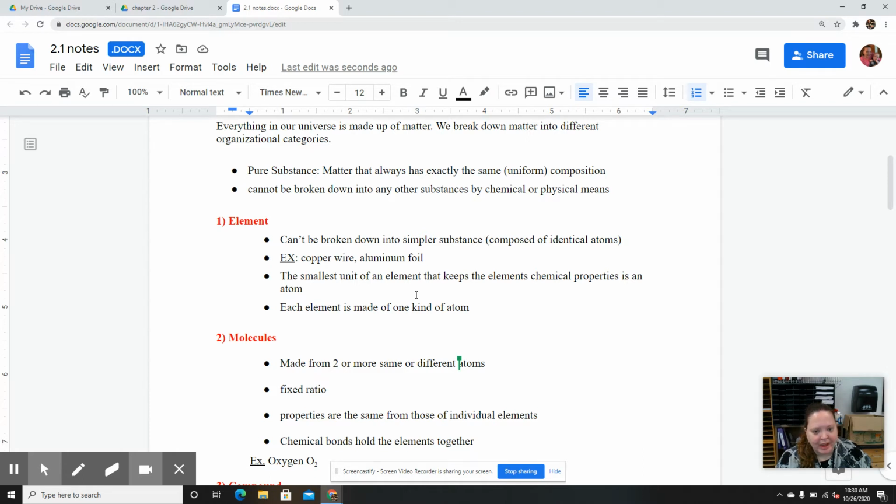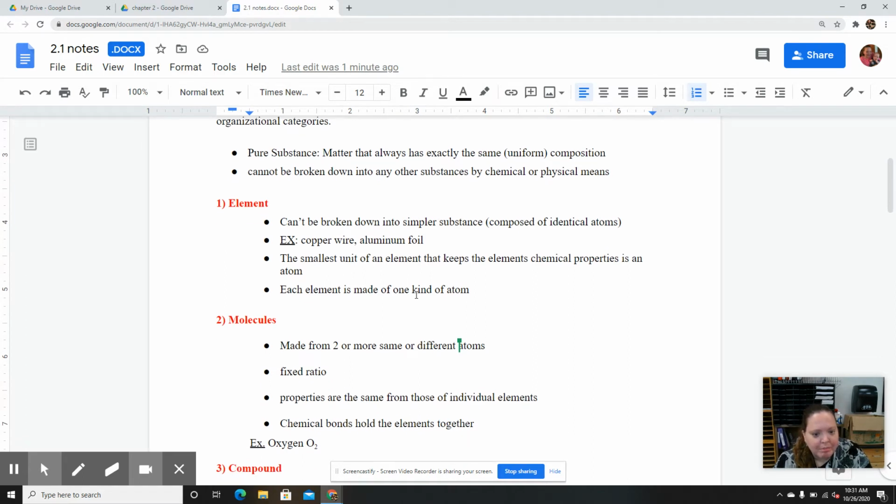One pet peeve of mine is when people call aluminum foil tin foil. Tin foil is made out of tin atoms. Aluminum foil is made out of aluminum atoms. When you are cooking, you are using aluminum foil made out of aluminum atoms, not tin foil. Little pet peeve of mine.